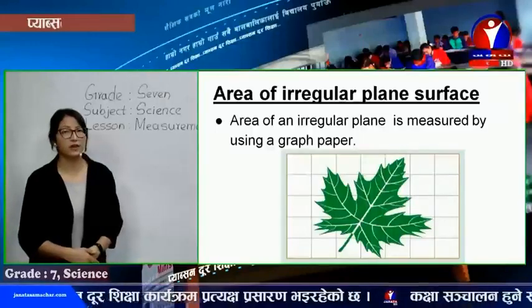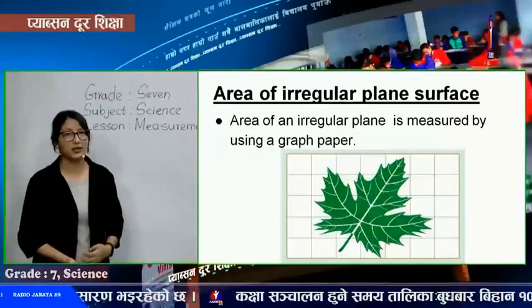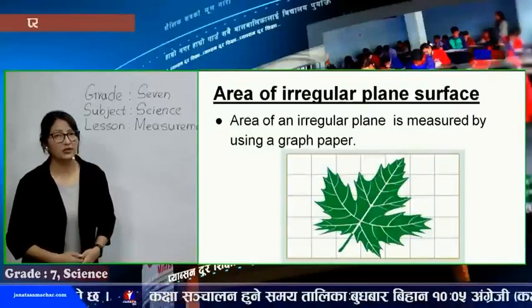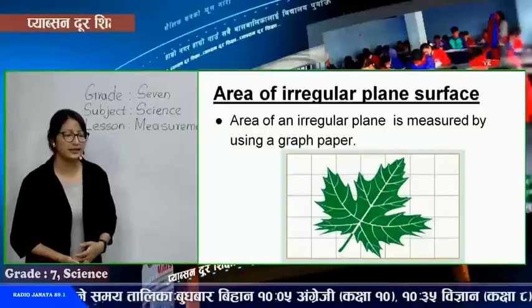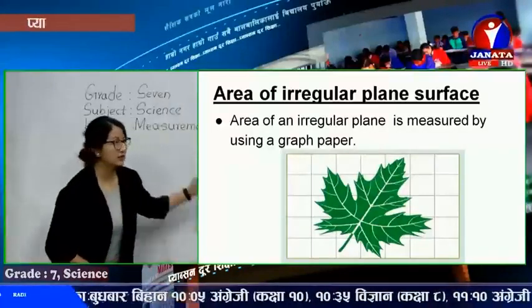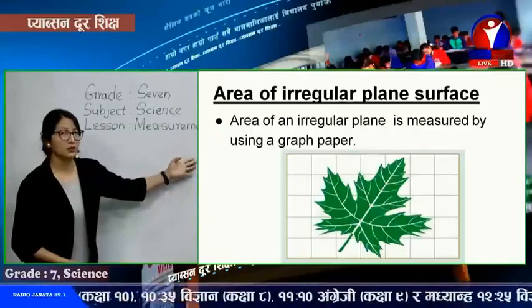The paper, the graph paper. Yes, we have seen the graph paper, we have used it in our maths class as well. So we can use the graph paper for calculating the area of the irregular plane surface. As you can see over here in the slide, the area of a leaf has been shown, is kept